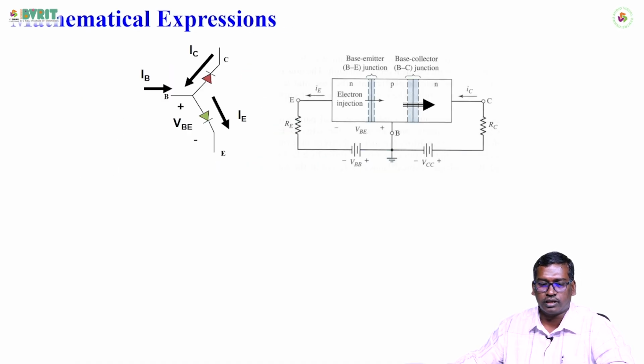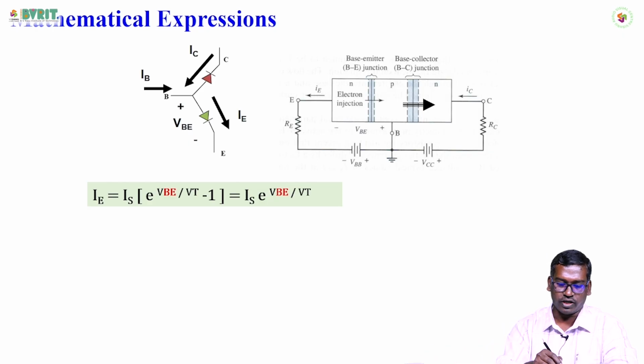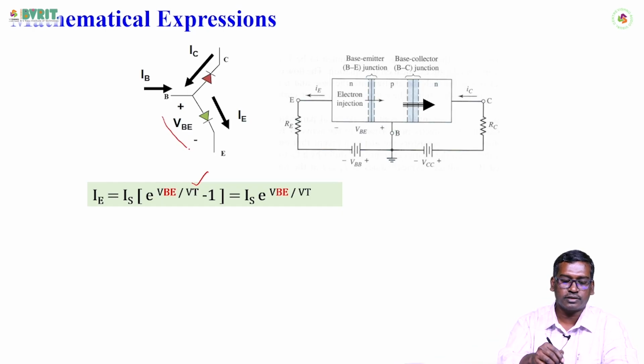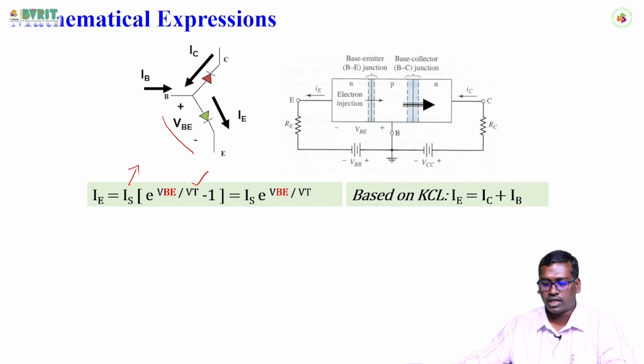If you see the mathematical expressions for this, the IE current is equal to IS into e^(VEB/VT) minus 1, where VT is the threshold voltage, we can say. VEB is the base emitter voltage. IS is the saturation current. The KVL we discussed, IE is equal to